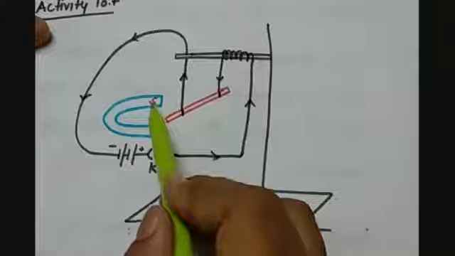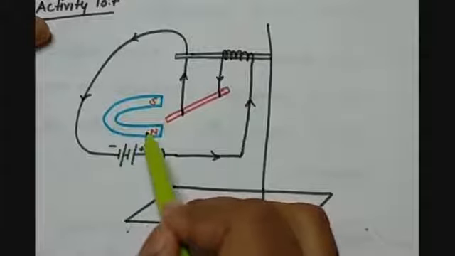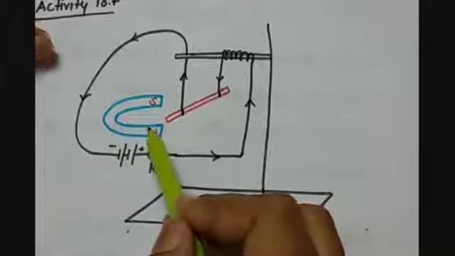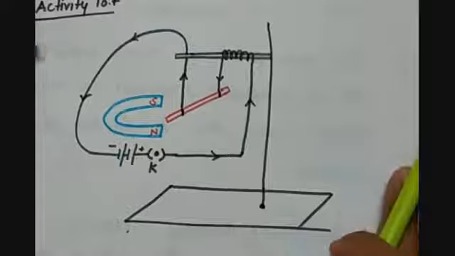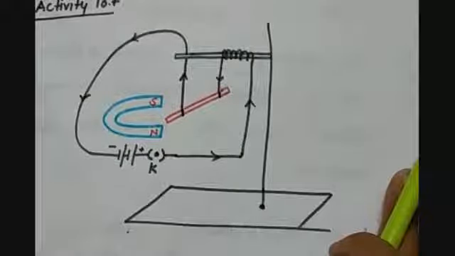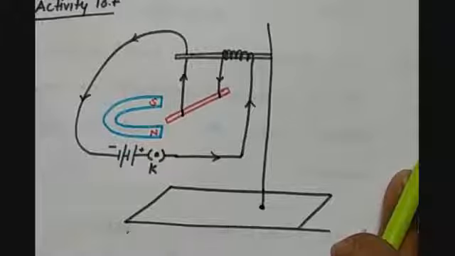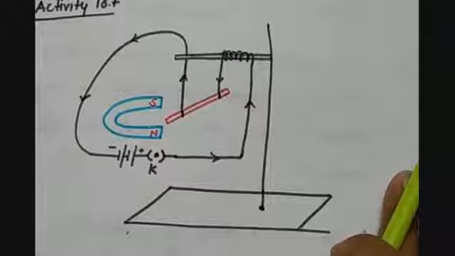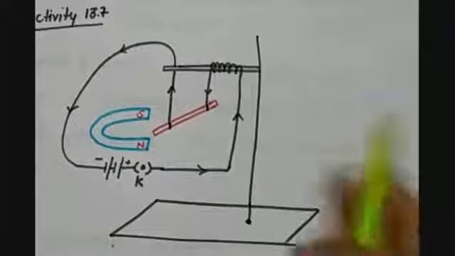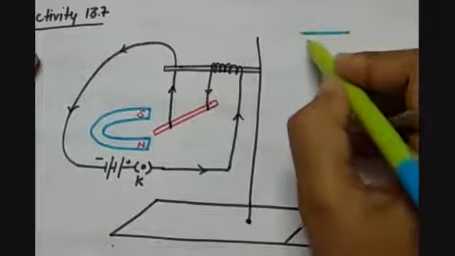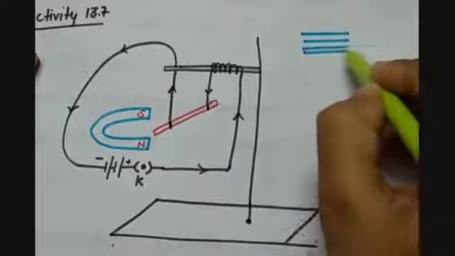And there is one horseshoe magnet. Why are we taking a horseshoe magnet? Because here we want to see the effect of the uniform magnetic field of the magnets, so that we can understand what is the effect of the uniform magnetic field, and how we represent the magnetic field by parallel lines.